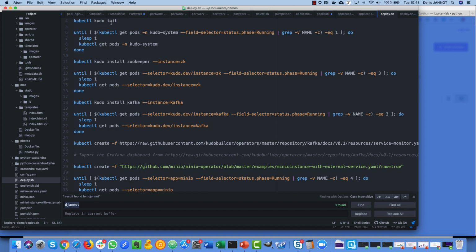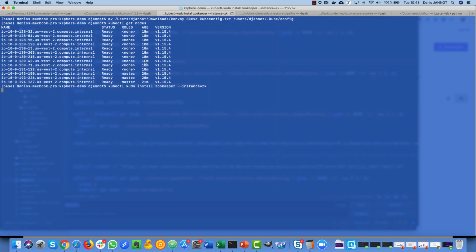So I don't need to initialize KUDO itself because it's part of my cluster by default. What I'm going to do here is just to install Zookeeper and then check that the Zookeeper is being installed correctly. So I just go there, run this command that will install Zookeeper really in a few minutes. I can even follow that with this extension of kubectl. It's called kubectl KUDO. Plan should be something like plan status --instance equals zk, and I can see I